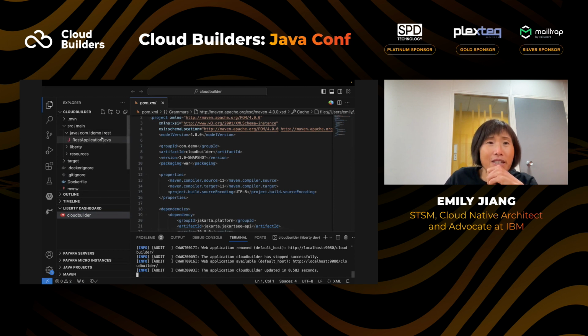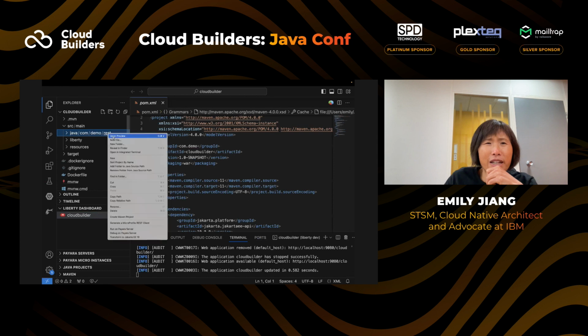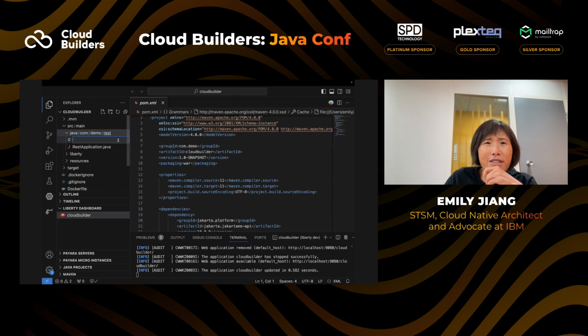Then if you want to create cloud native applications, the most widely used approach is to create a REST application, RESTful microservices. So I will just say REST resources.